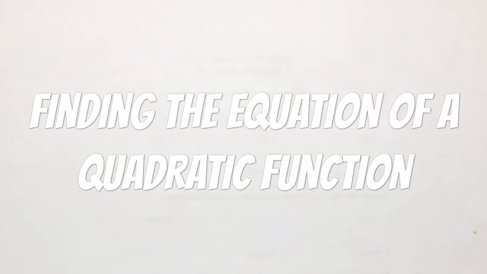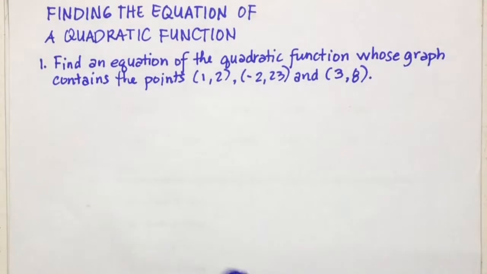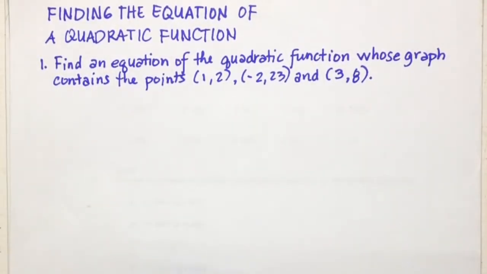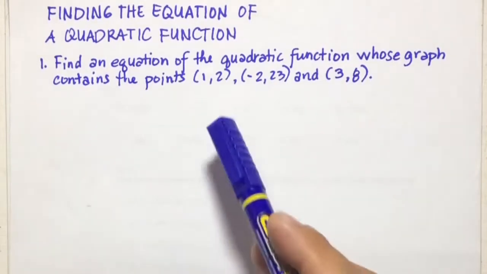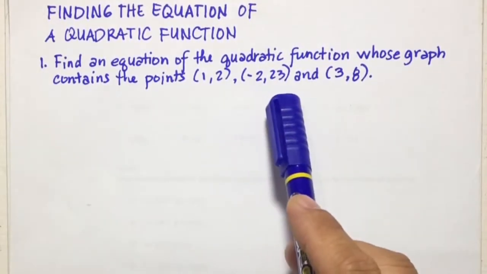Hi guys! In this video, I'm going to discuss finding the equation of a quadratic function. Example number 1. Find an equation of the quadratic function whose graph contains the points (1, 2), (-2, 23),